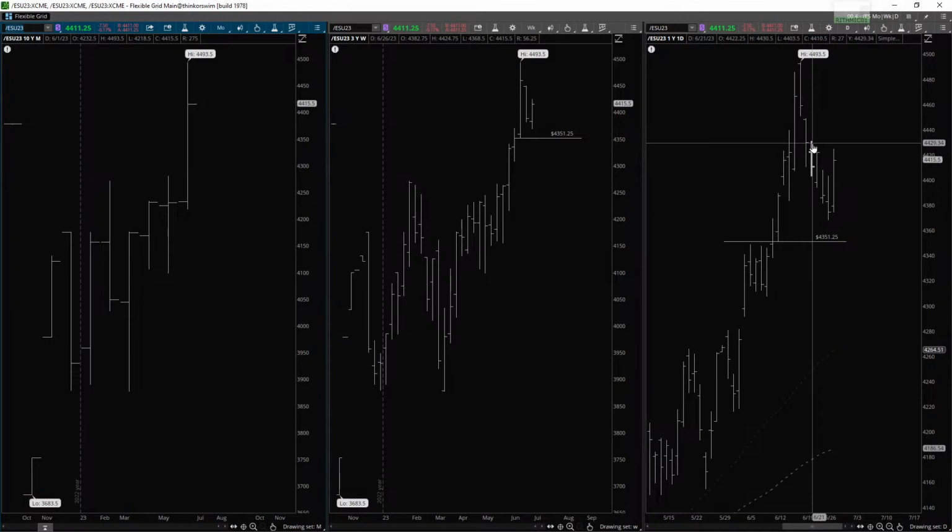And notice how the market was getting too short here. You can see high after high after high after high. There are a lot of stops here. The market was very extended to the upside, and the next thing the market does is either a rebalancing of inventory, in this case long inventory.